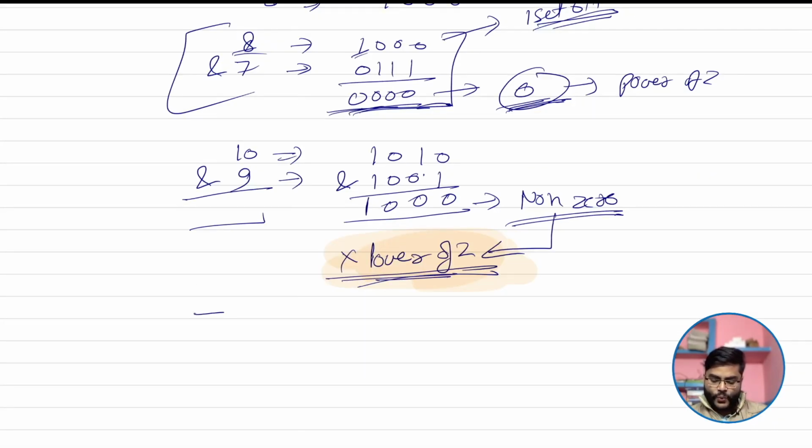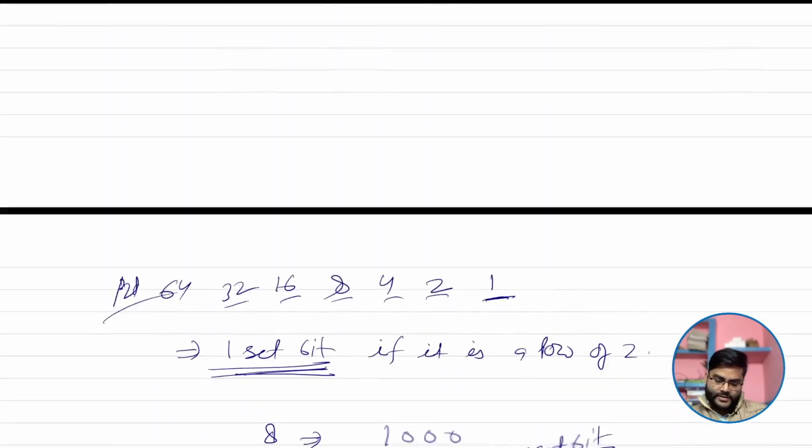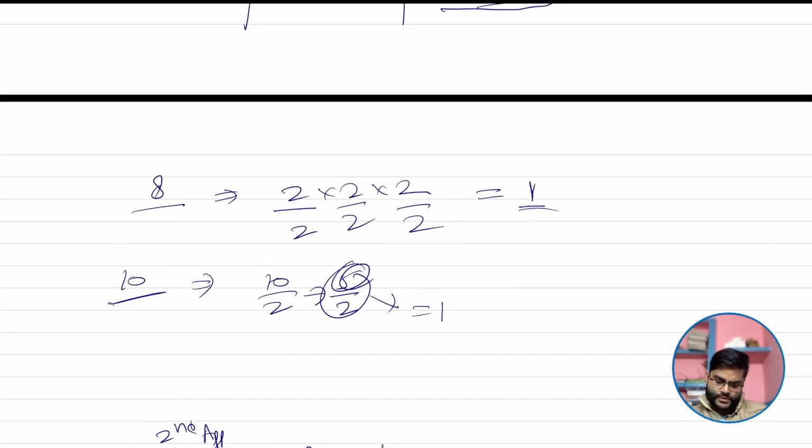What we can do is use Kernighan's algorithm. Just write it somewhere, Kernighan's algorithm, and time and space complexity. So see, we are doing only one operation, just one AND operation, so it will take order of one time only. And by using our previous approach,